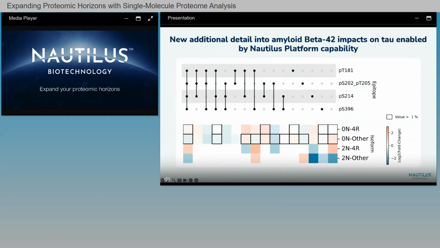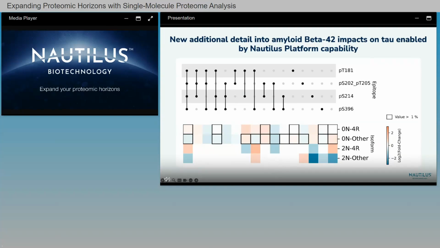And then each column corresponds to a pattern of multiple modification. So again, the proteoform in this upper left-hand corner would be the 0N4R isoform that has been quadruply modified at each of these sites. And broadly, one can start to see